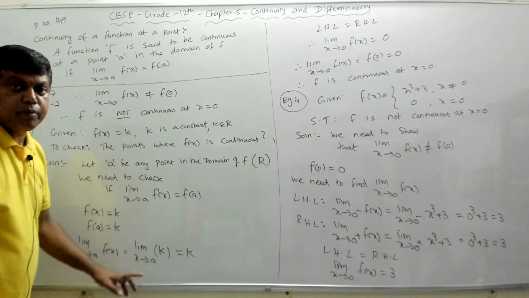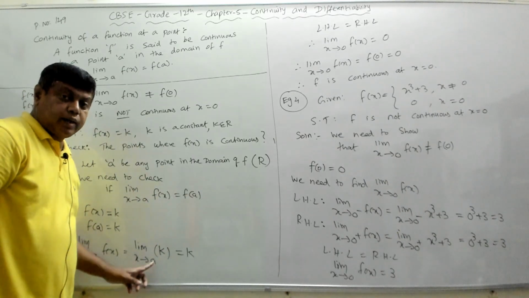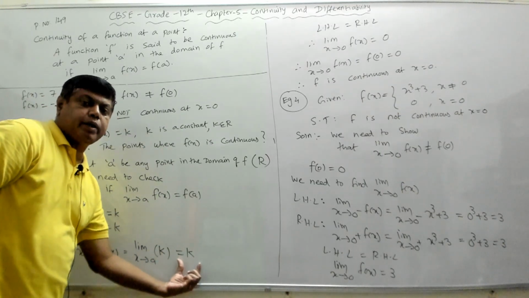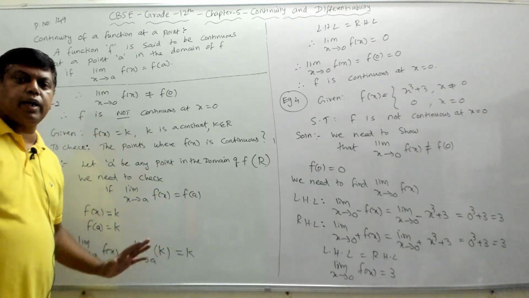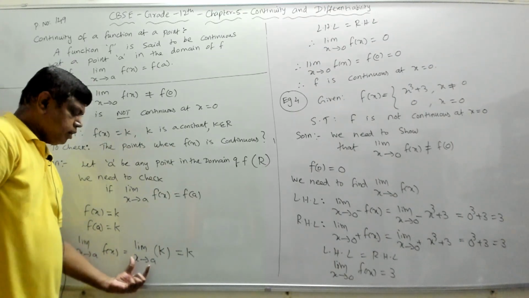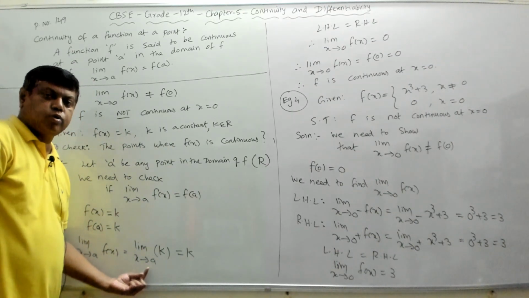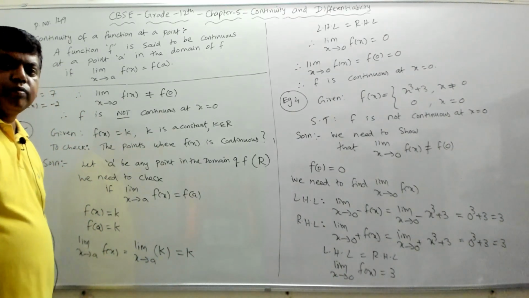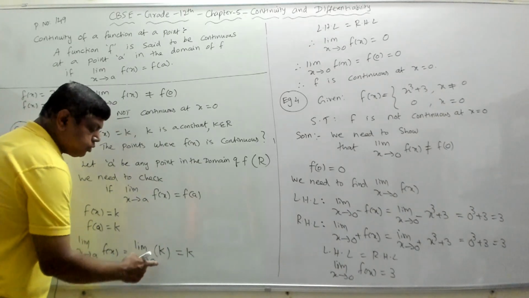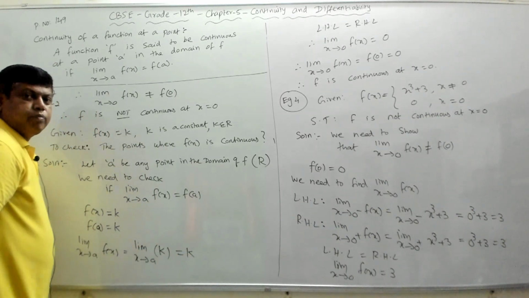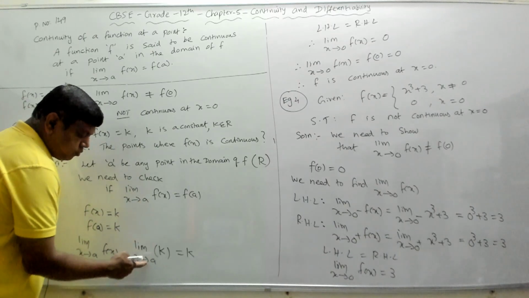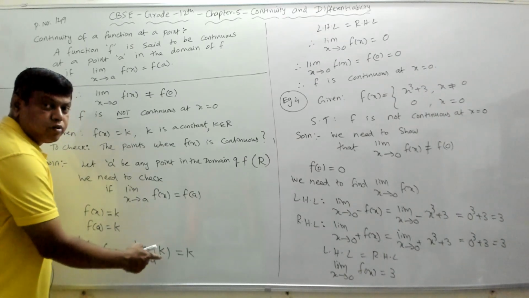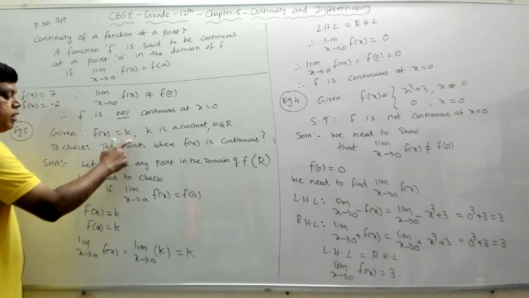Even after substituting the limit, wherever x is there, we will put a. But there is no x. It is only k. So the value will be k. So limit x goes to a, k is what? It is k, because wherever x goes to a, k will go to k only, because k is a constant. So I have to substitute a wherever I see x in the function, but there is no x in the function. It is only k. So the answer is k.